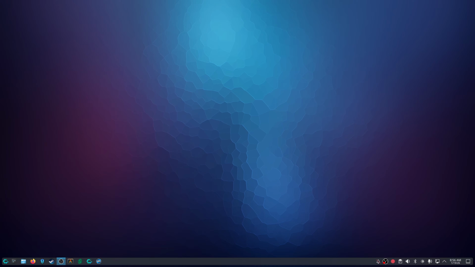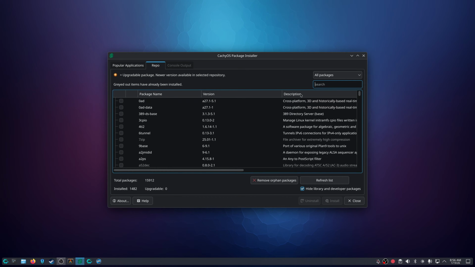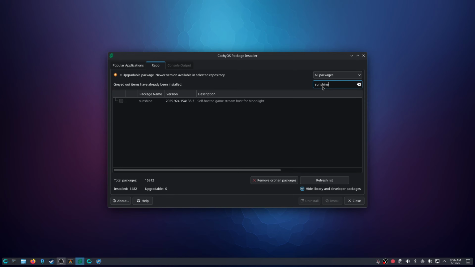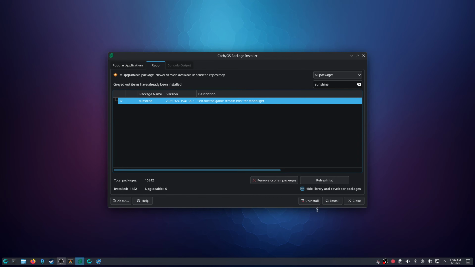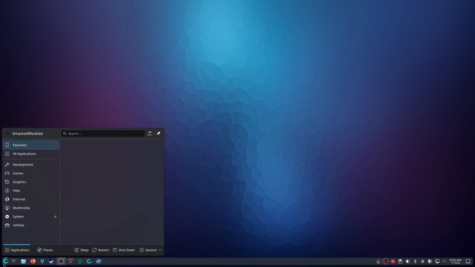So first things first, let's install Sunshine. All we need to do is open up Package Installer, click on Repo, and do a quick search for Sunshine. And it pops up right there with the version. Click on the checkbox, click on Install, and it just goes through and installs everything for you. I'm not going to do that since I already have it installed. So we'll click on Close, and then we're going to open up